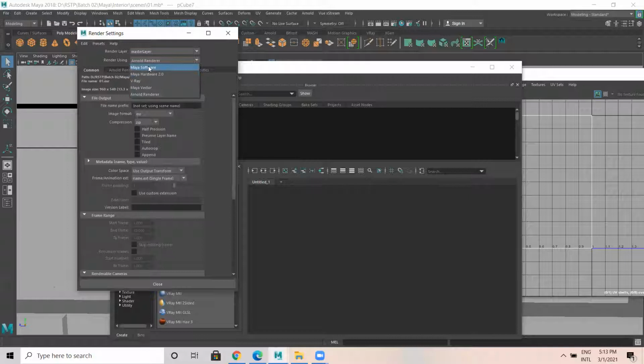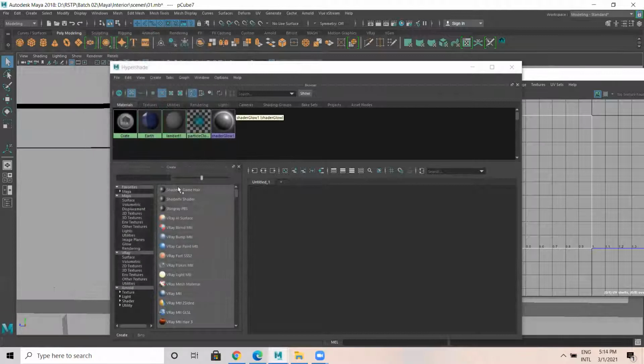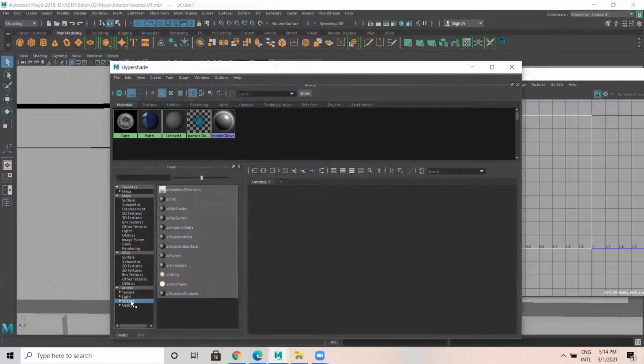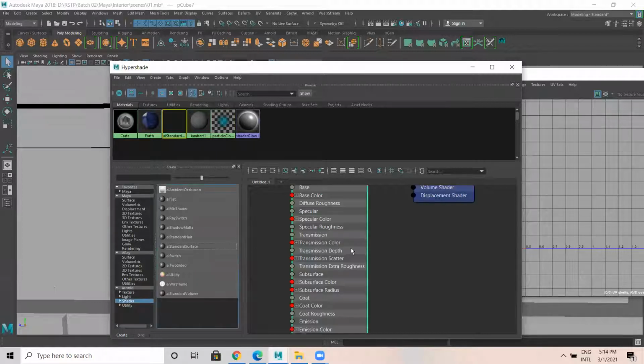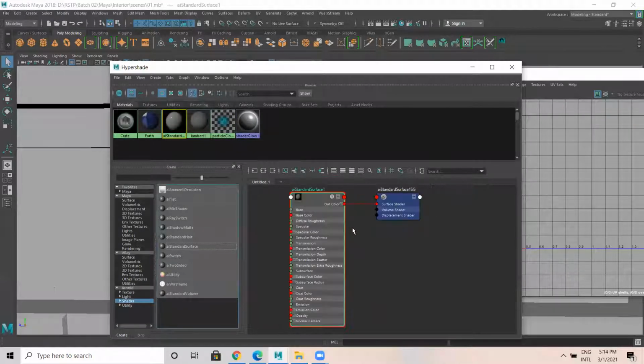By default, you have Maya software, Maya hardware, Vector, Arnold. V-Ray extra I have installed here, but you have Arnold. Okay, select Arnold here. In Arnold, you have shaders. Click on shaders. AI standard surface. Arnold standard surface is there. Select this. Okay.